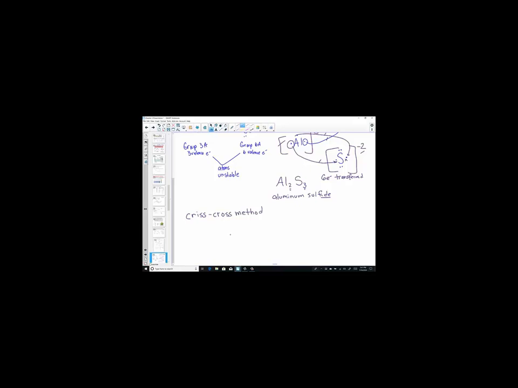Remember how we said aluminum with its 3 valence electrons is going to form a +3 charge. We know that because we kind of predicted based on where it lives. Aluminum with its 3 valence electrons, when it loses those 3, it will result in a +3 charge. Sulfur, who lives in group 6, needs to gain 2. When it does so, it forms a -2 charge. And so when I think about what we're writing here,